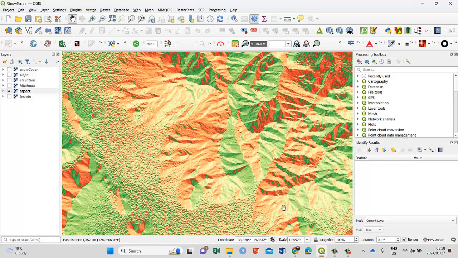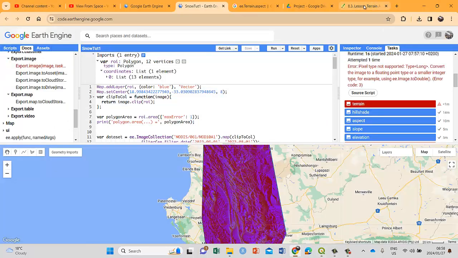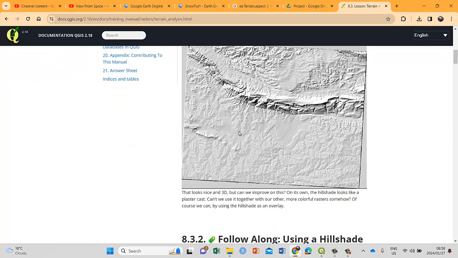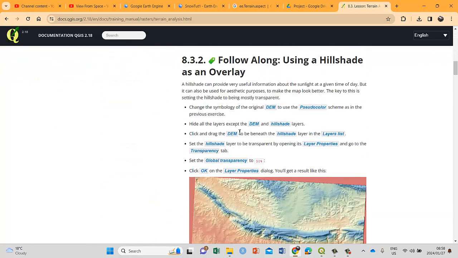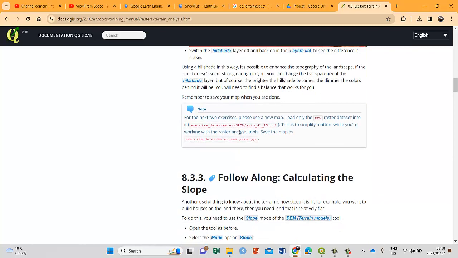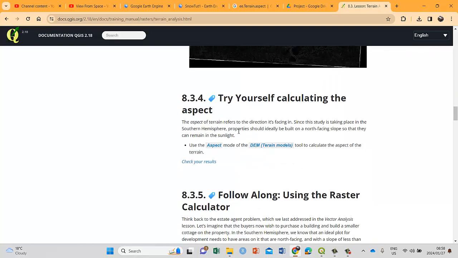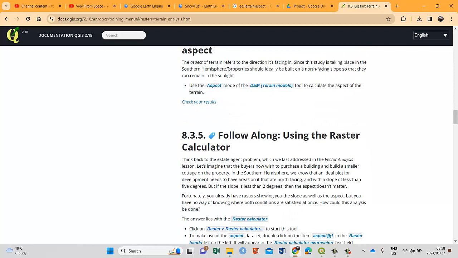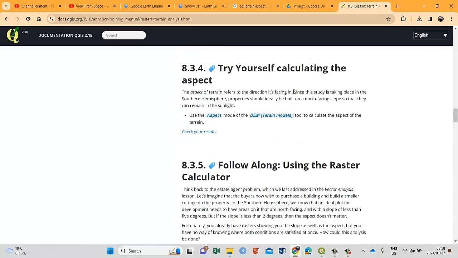Now let's quickly go and have a look. I found this tutorial here. It says that if we go to aspect, the aspect of the terrain refers to the direction it's facing in. Since the study is taking place in the southern hemisphere, property should ideally be built on a northern-facing slope. Okay, so that's just